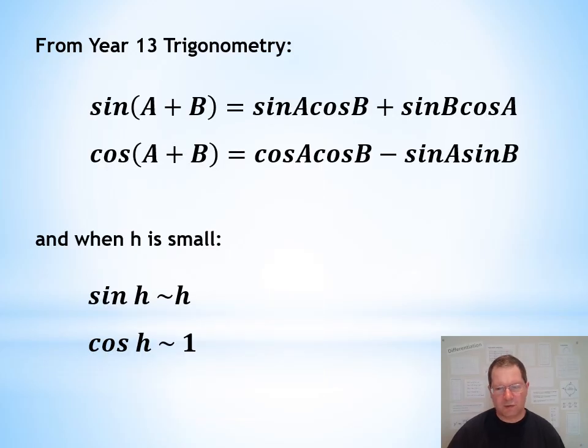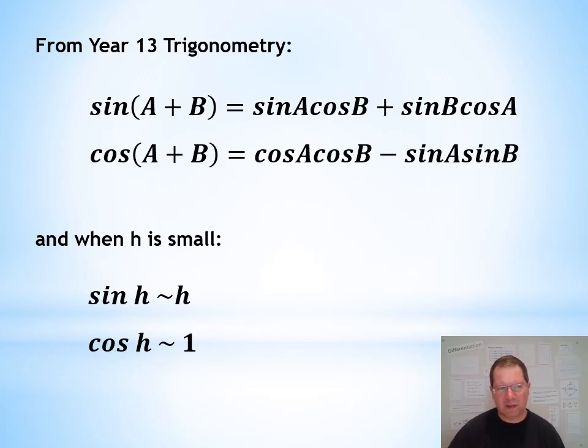Now, in order to use first principles for sin x and cos x, we are going to have to use the compound angle formulae, or addition angle formulae, from trigonometry, the ones that say sine of a plus b and cos of a plus b. So as you can see, sine of a plus b is sine a cos b plus sine b cos a, and cos of a plus b is cos a cos b minus sine a sine b. And one other thing that you will have learnt in trigonometry, the small angle approximations. So for small values of h, sine h in radians is approximately equal to h,